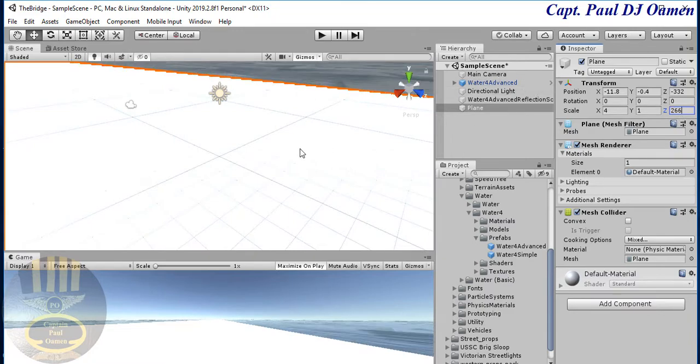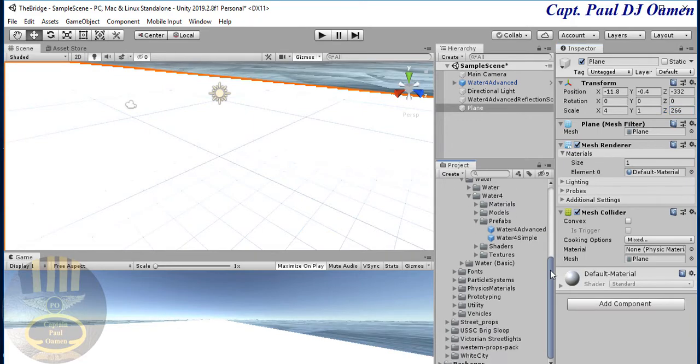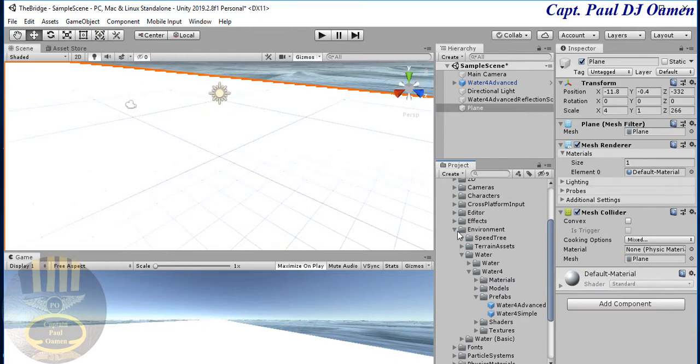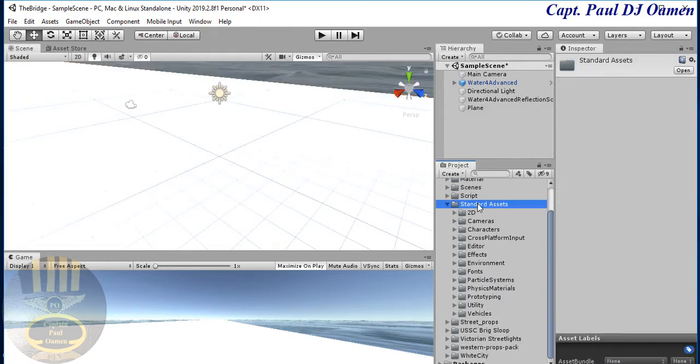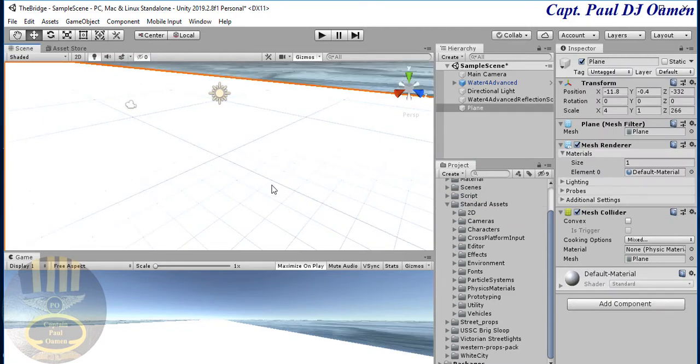That is my bridge across the ocean. But before I go any further, I'm going to come straight down here inside the standard asset itself. That's the standard asset. So let me just show it to you guys again, and let's go to where we have vehicle, or you can select that and let's go for where we can get the material just to